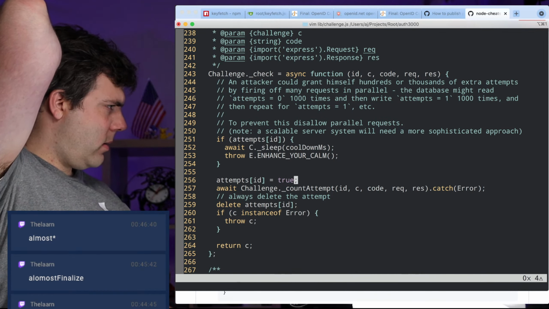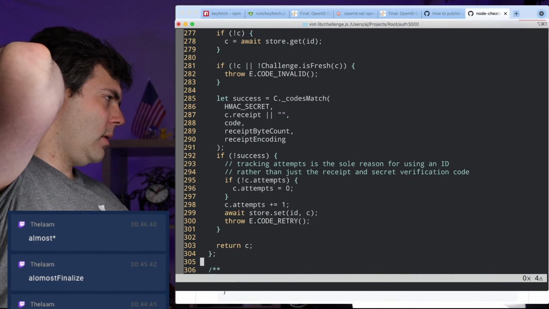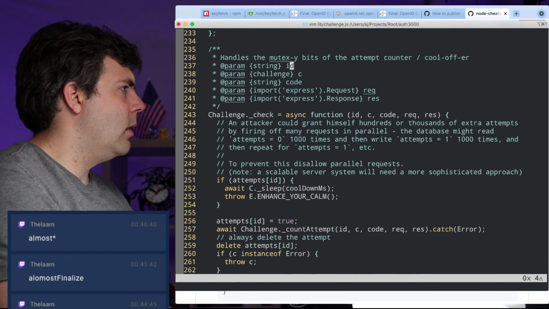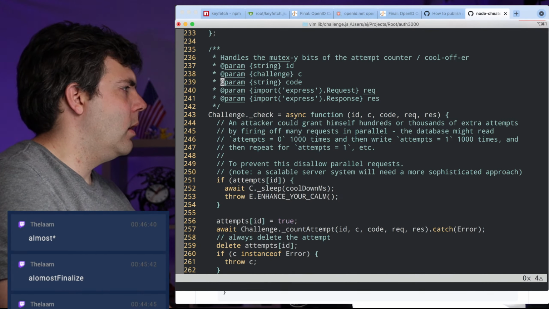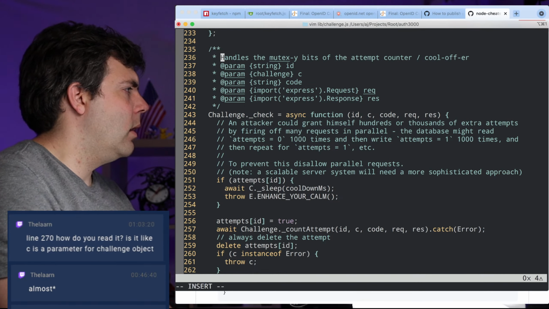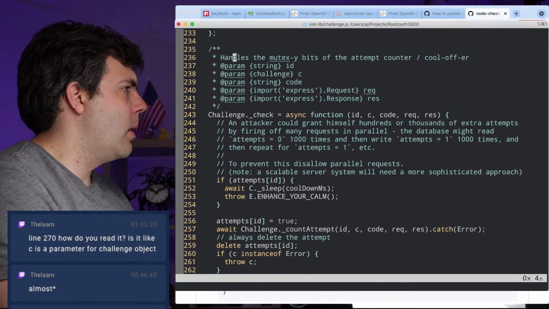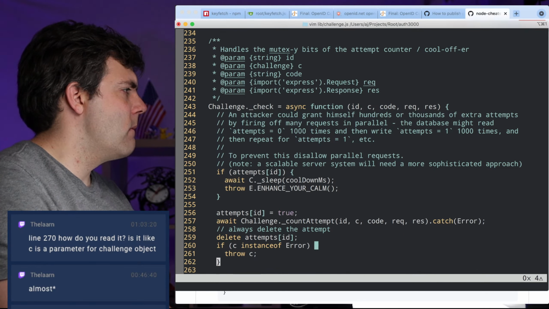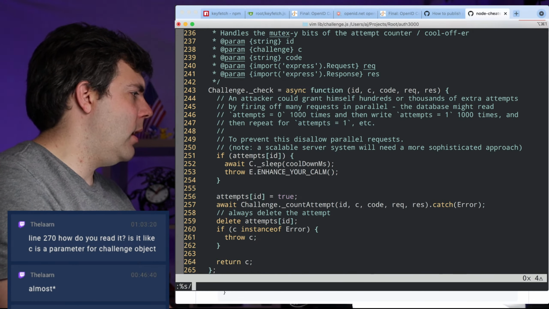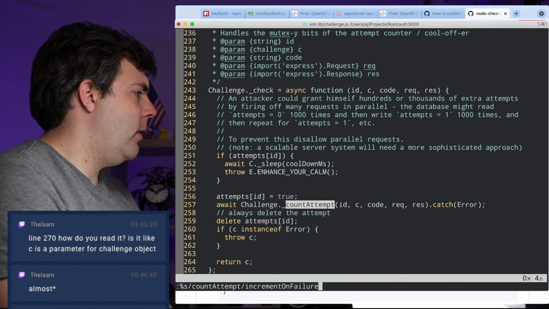So this check one, instead of count attempt, I'm just going to call it count attempt increment on failure. That's what I'm going to call it.